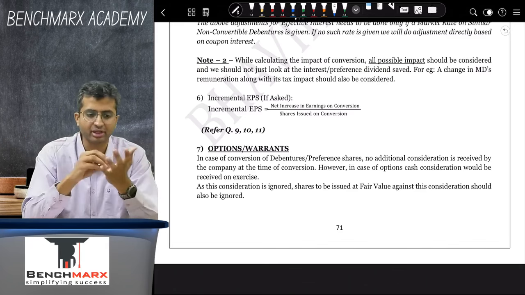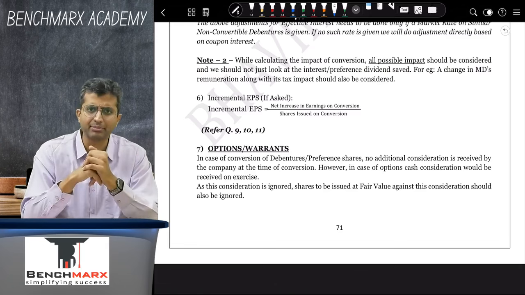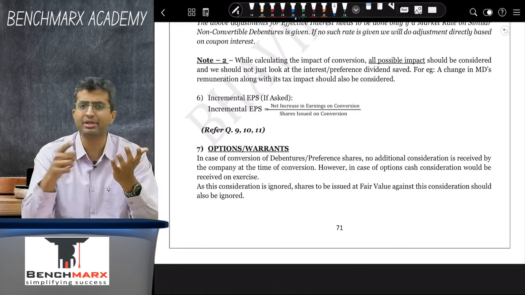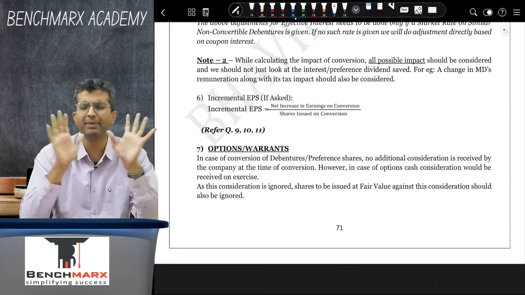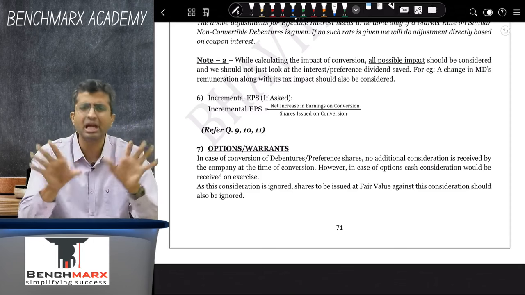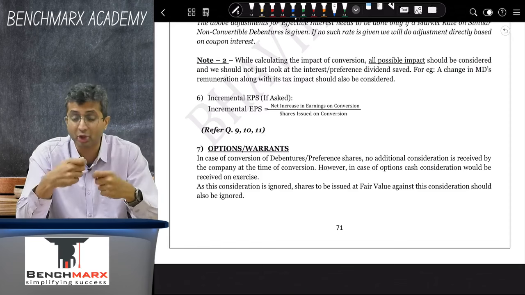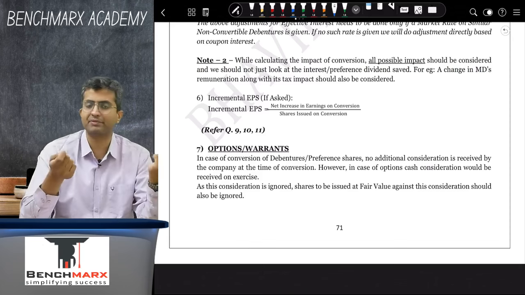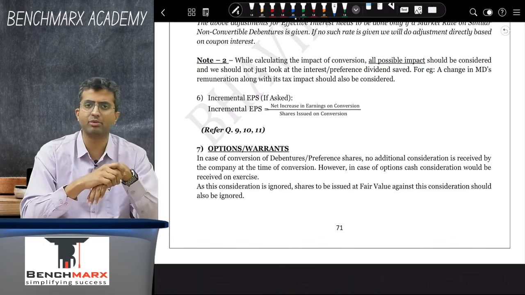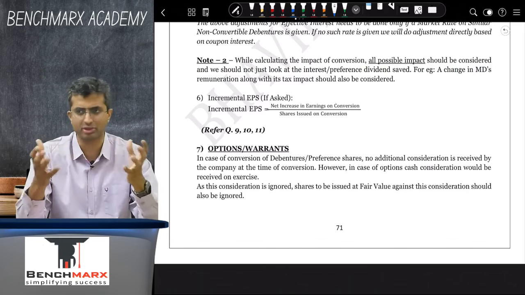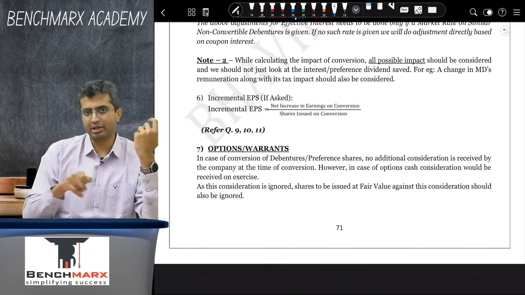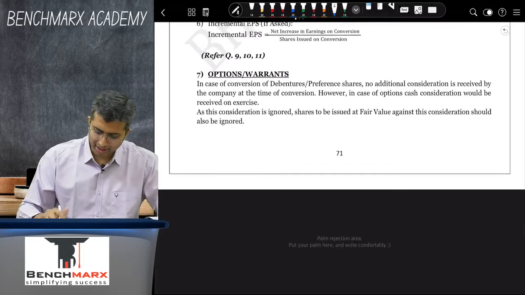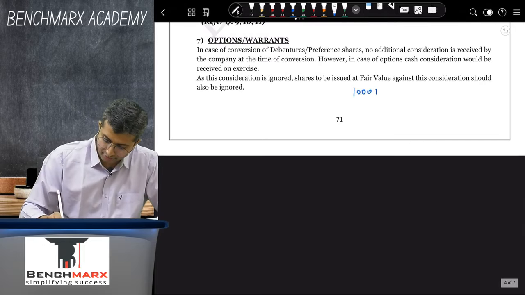However, it is possible in certain cases that these options may be classified as liabilities, and if they are classified as financial liabilities, then fair value gain or fair value loss may be there. So that adjustment may come, but usually if nothing is available, then no adjustment is there in the numerator because, like you pay the interest or preference dividend to the convertible preference shareholders or debentures, you don't really pay anything to the option holders. The challenge over here is, well, if I have 1000 options whose exercise price is 50